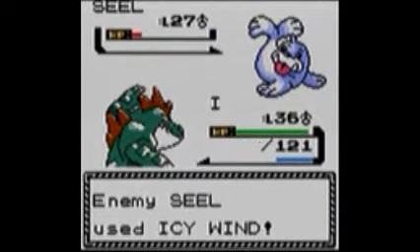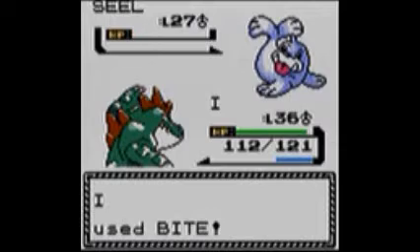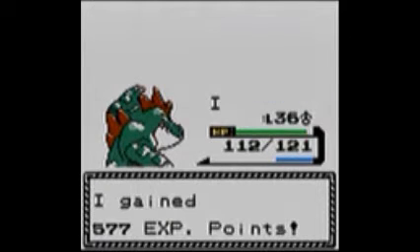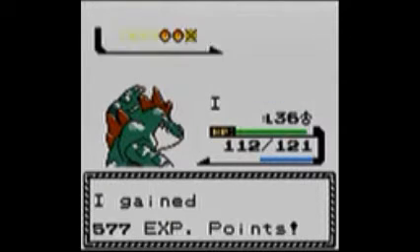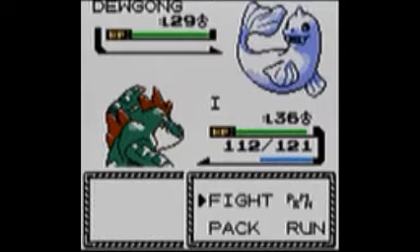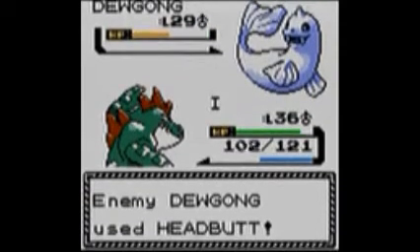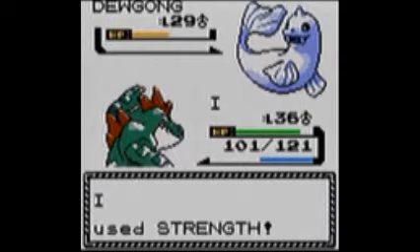Okay, now it's time for Pryce. And this Pryce fight is really the main reason I use the protein. Because his Dugong, it's kind of close whether you two-hit him. So the protein makes sure that you do, pretty much, especially with my really low attack. I only had 13 attack, so...